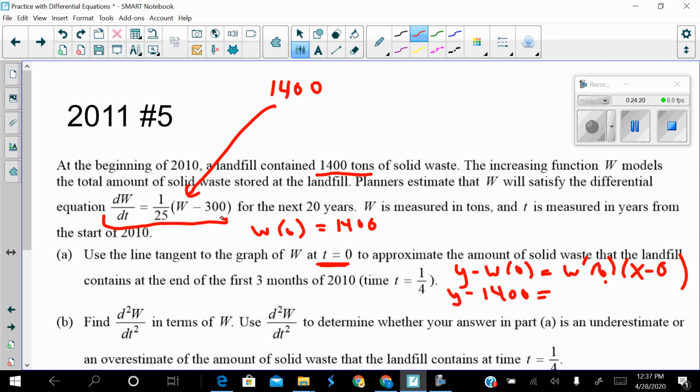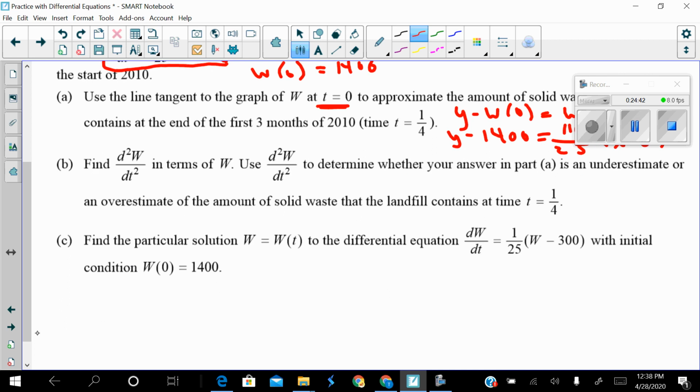So I have 1/25 times 1,100. 1,100 over 25, I think that's just 44. That's x minus 0. Now I got to finish. I want to clean this up because then I'm going to plug in 1/4. Let's go down here with this. All right, so I have y minus 1,400 equals 44x, or y, this is the equation of the tangent line,